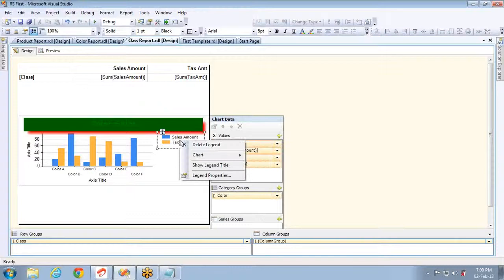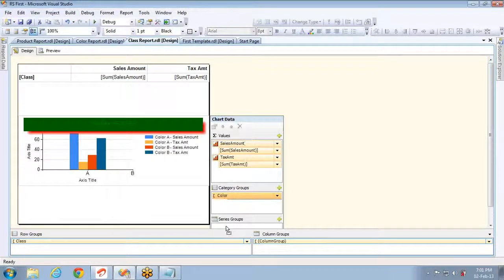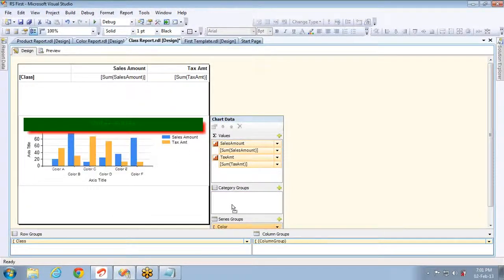And if you click here, you have properties, and this is called legend. Legend means it will say what color is for what item. By default, it will show you the values, what are the metrics you are taking, sales amount and tax amount. If you want to take color to sales amount, I mean black sales amount, black tax amount, blue sales amount, and blue tax amount, then drag this color from categories to series. For example, if you drag it from here to here, you can see color A, sales amount. That means black, sales amount, something like that. That won't look good. So let me take it back.